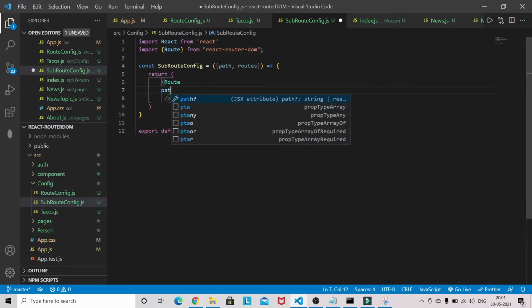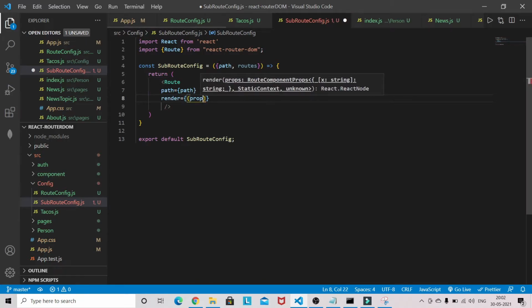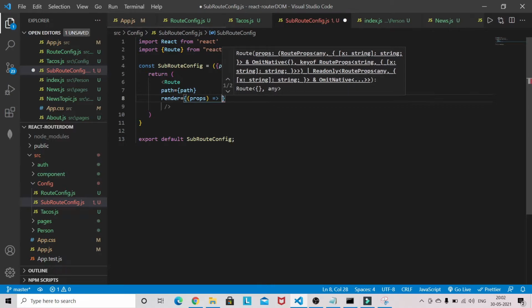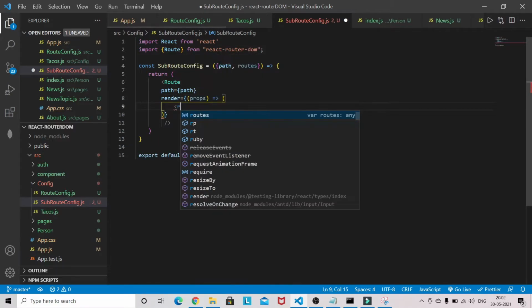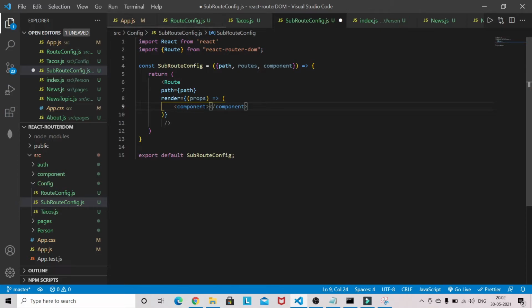Now let's use the path here, so I can directly write the path, render, so it will be props. We also need the component here; we need to destructure the component.